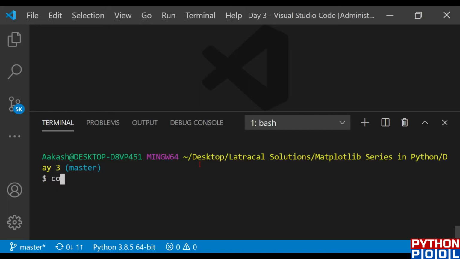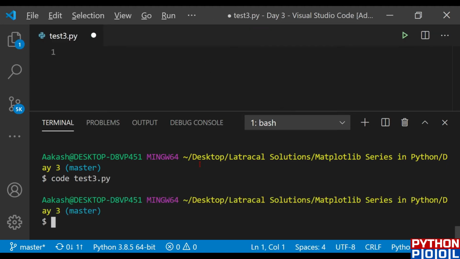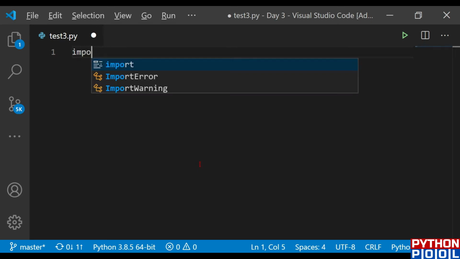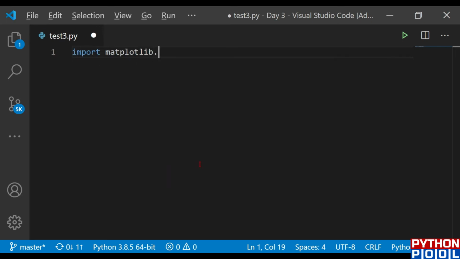Let me code another file, name it test3.py. And once my file is ready, I'm ready to start the program. Now let me import pyplot. Import matplotlib.pyplot as plt. And after that,